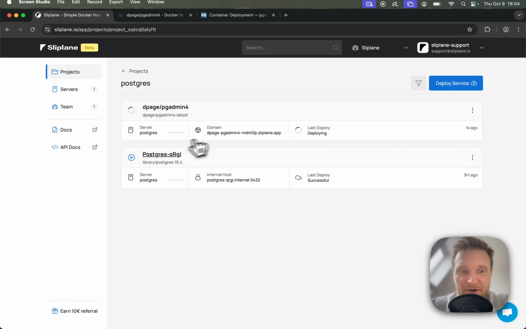As you can see, our Postgres database has been deploying in the background and the deployment already finished. And now let's quickly wait for our PGAdmin service to deploy. So after a few seconds, our PGAdmin service also deployed. The last deploy was successful, and we are hooked up with this domain that we can use in order to